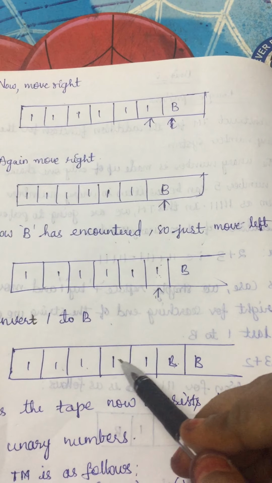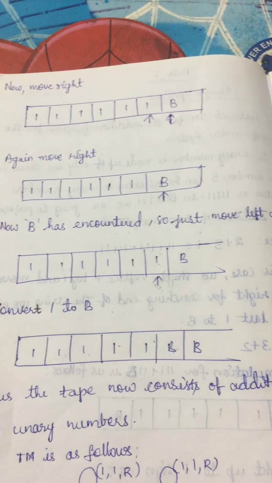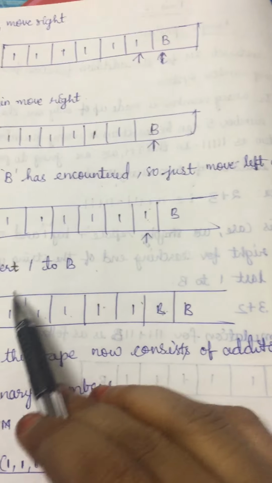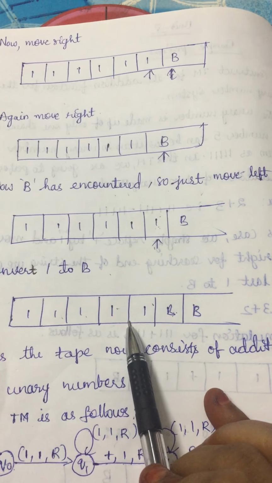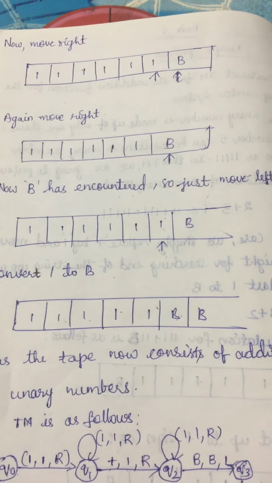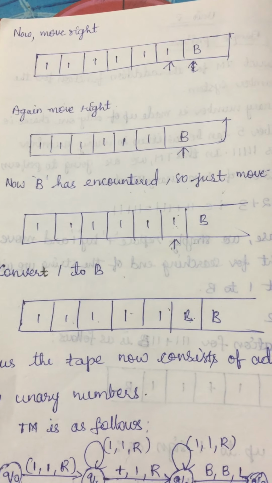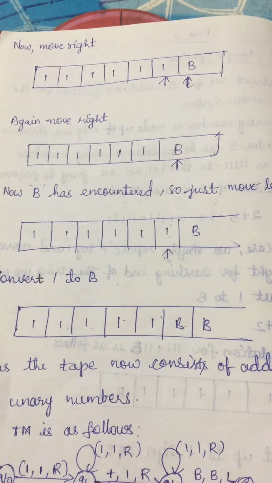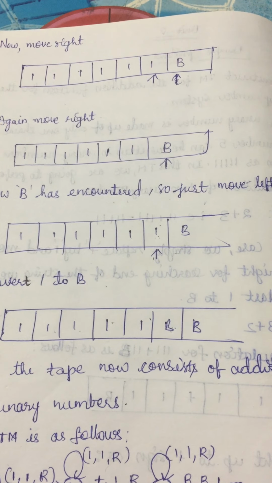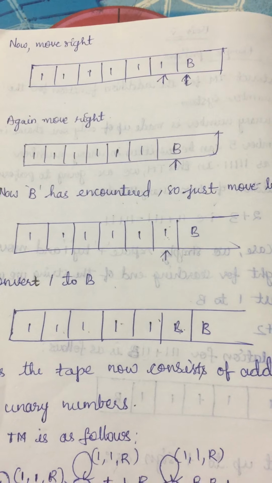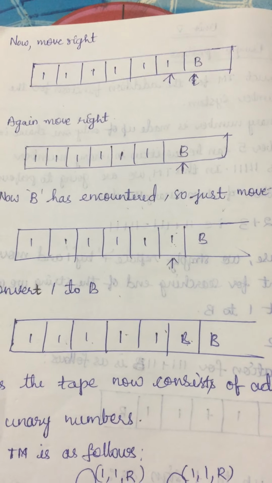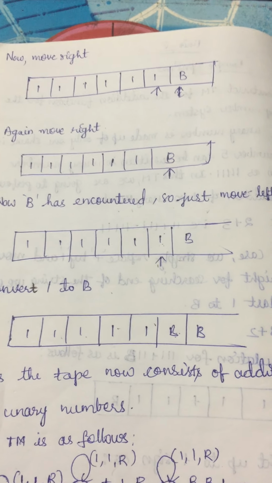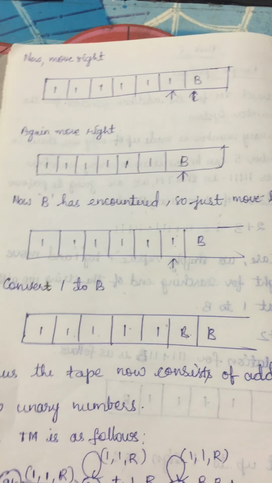here. 1, 2, 3, 4, 5. 5 ones. So that is what is in our input tape at the end, 5 ones. That means the answer must be present continuously without any plus symbols in between. Continuous answer must be present at the end. So this is how we are going to write this step by step for any example. If we first write step by step what is going on, then it becomes easy for us to design a Turing machine. Now let us see how to design a Turing machine for that.